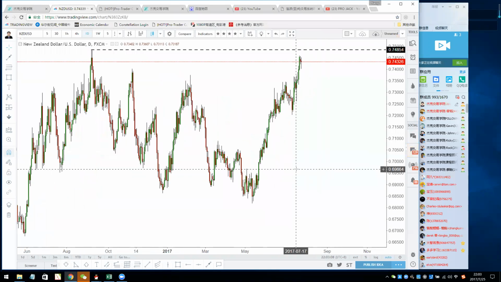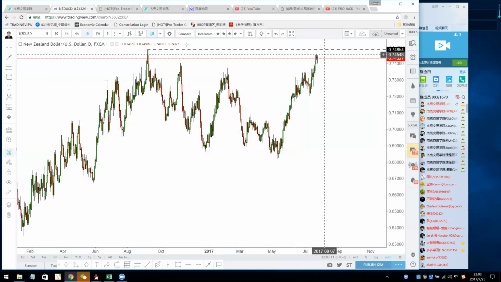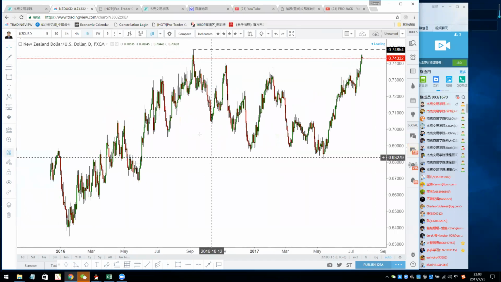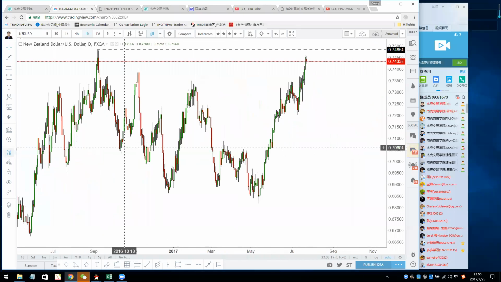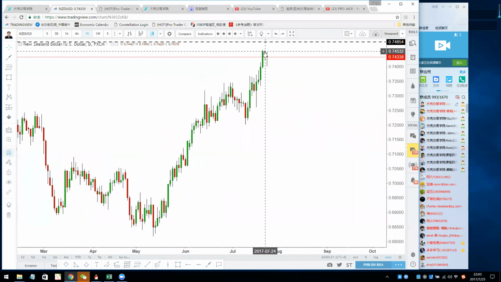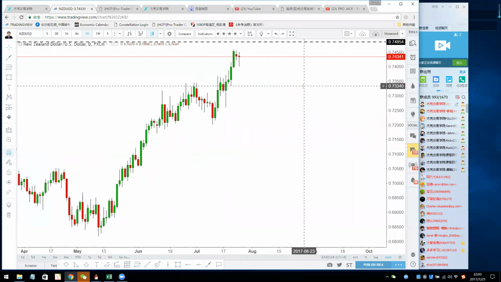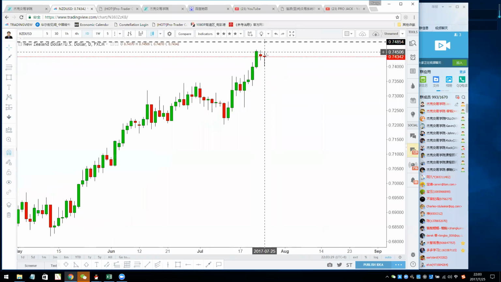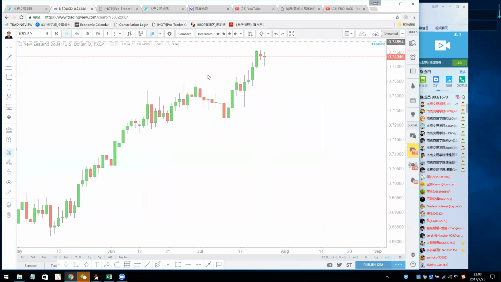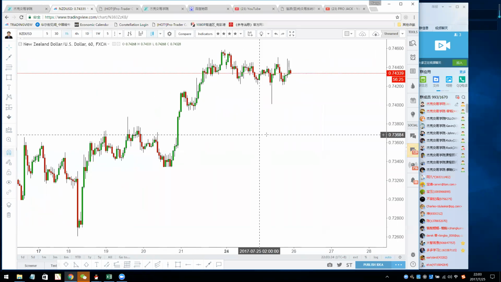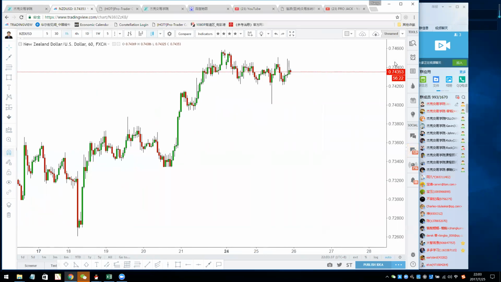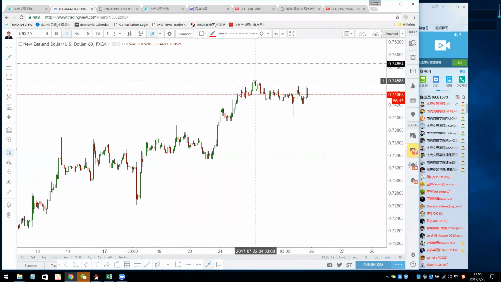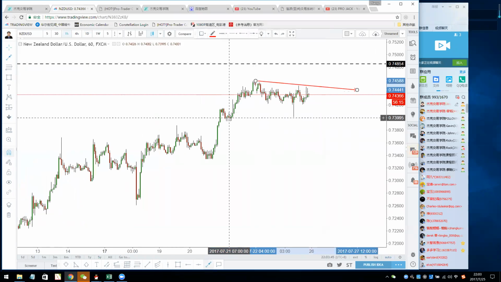All right, for the Kiwi, it's rising to almost the previous high, 0.7485. Okay, almost touched the previous high, and right now it's having kind of a sideways market. No longer so bullish, because the price has been testing down. It tells me that basically for the Kiwi, it's very hard to go above 0.75. The price is ranging here. It's kind of consolidation, right?